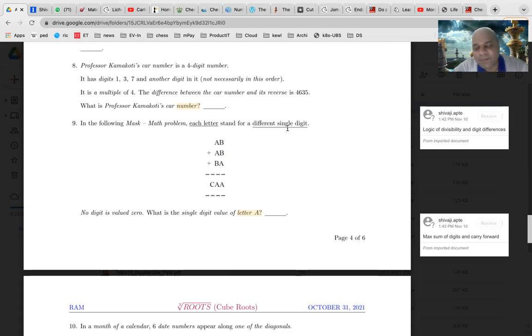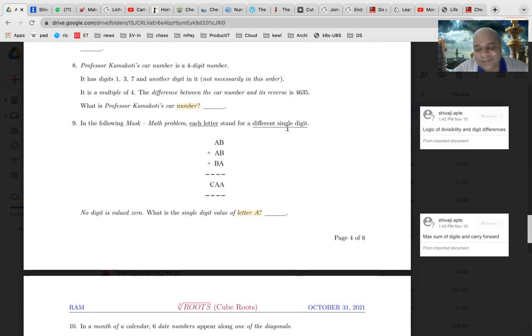Just imagine A can be any number from 0 to 9. Except B being 0, it can be 1 to 9. Any number, if you add it to itself, you will not get the same number again as the last digit. Even if it is 7 plus 7, 14, the last digit is 4, and the carry forward is 1. So if B was 0, you will not get A plus A again ending with A. 2 plus 2 will not end with 2. 3 plus 3 will not end with 3. 5 plus 5 will not end with 5. So B cannot be 0.